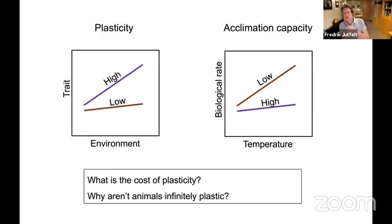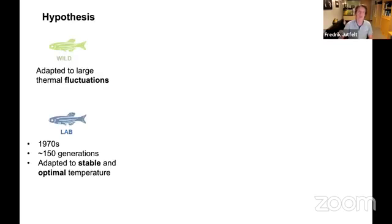Ecologists also ask what the cost is of plasticity, because why aren't organisms more plastic? Why aren't they infinitely plastic? Why can't they just adjust their biology, physiology, and biochemistry to any environmental change, really? So we wanted to dig into that cost of plasticity. So we came up with a hypothesis that